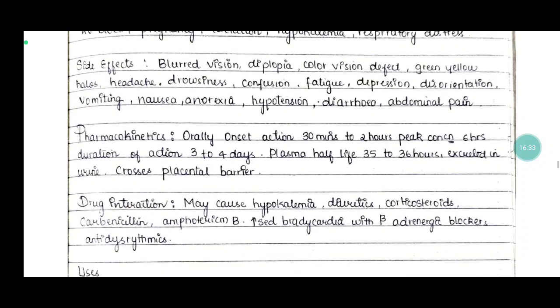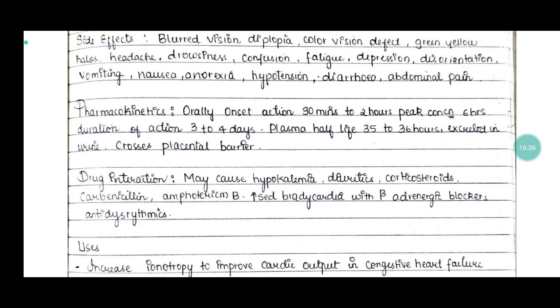So the pharmacokinetics of digoxin: orally, the onset of action is in 30 minutes to 2 hours, with the peak concentration at 6 hours, and the duration of action is 3 to 4 days. Plasma half-life is 35 to 36 hours, and it is excreted in urine and crosses the placental barrier. Drug interactions: hypokalemia may be caused by diuretics, corticosteroids, carbapenems, and amphotericin B. It increases bradycardia with beta adrenergic blockers and